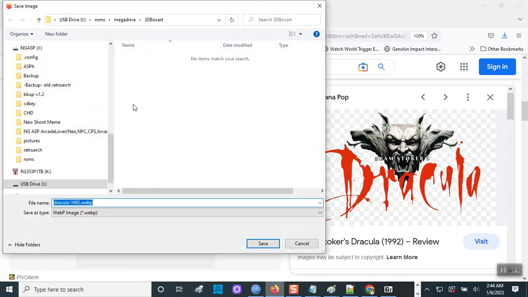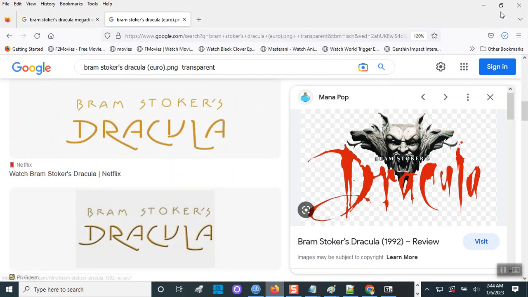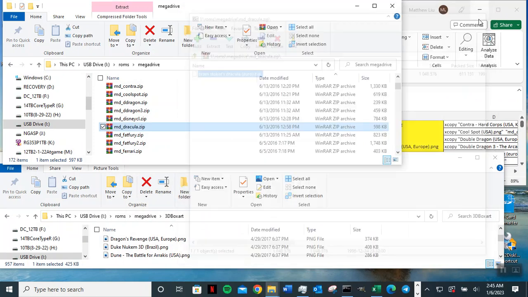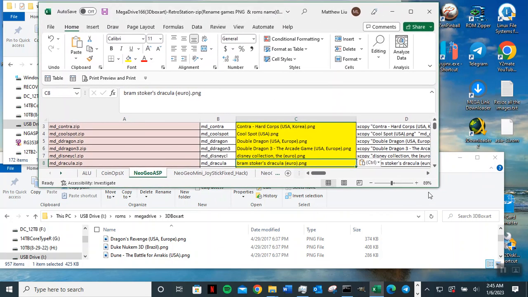So I'm going to save that one for the wheel and change that to this format, PNG. So now I have the wheel and the box art. Okay, so I'm going to minimize that. I don't need that anymore, but I do need to put the correct name in here. So those are the names that we are going to physically find the file for, and then we're going to rename it. So what this batch file does is,